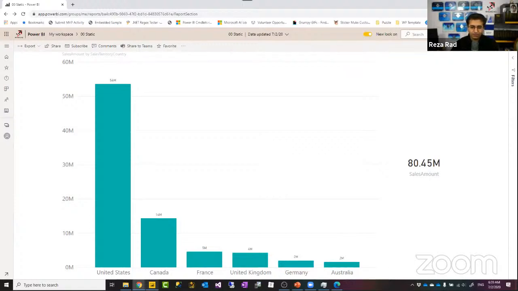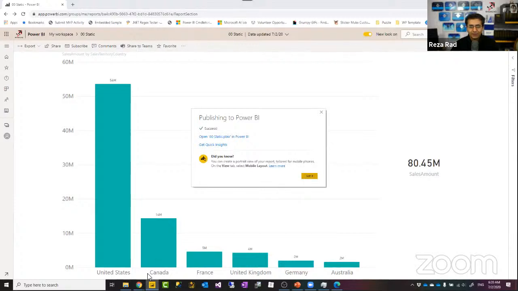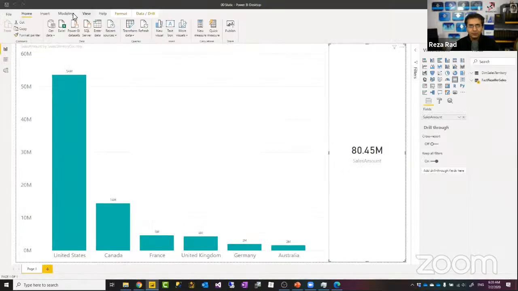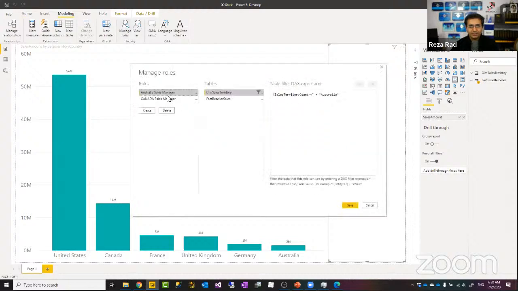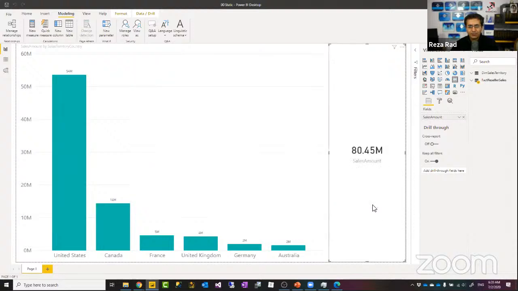I should come into Power BI Desktop, add a new role for China like we did here, write the filter criteria, publish it, and assign users to that role. What if after a couple of weeks we have a new branch in South Africa? Same thing: open the Power BI file, manage roles, add a new role, publish it, assign users to it. It requires maintenance, and that maintenance has to go through opening my Power BI file.